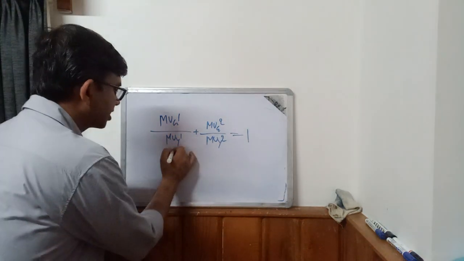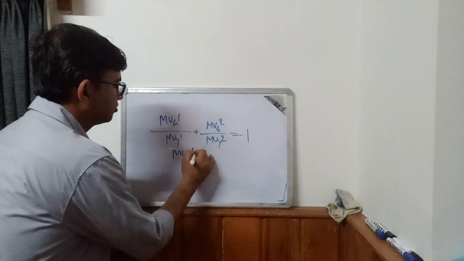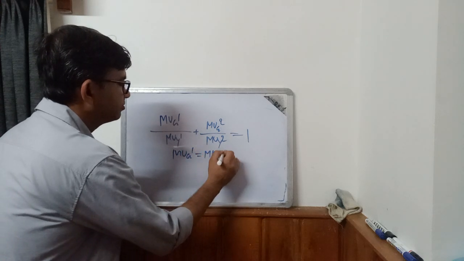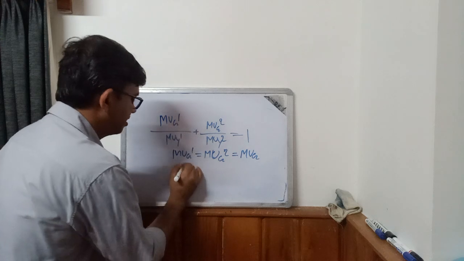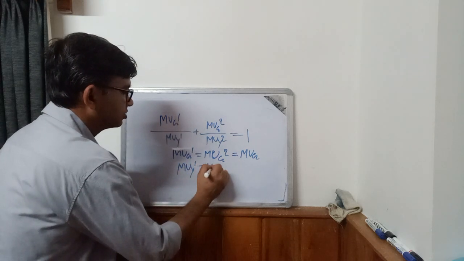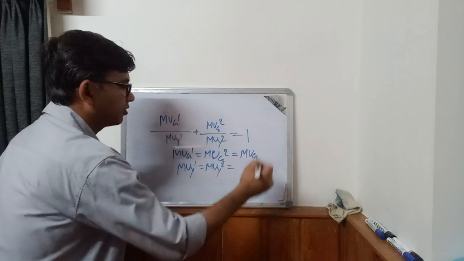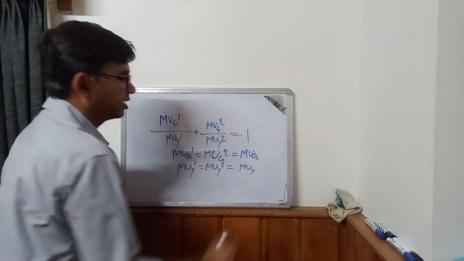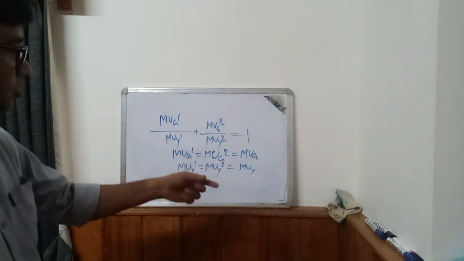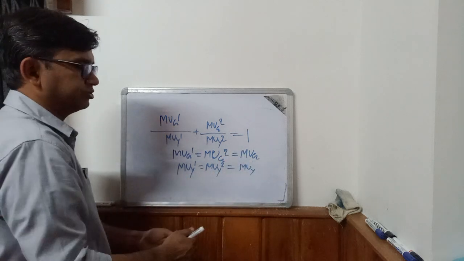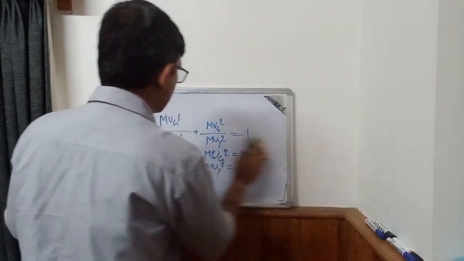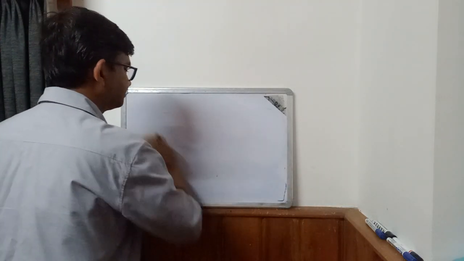So from here we can write that MUG1 equals MUG2 equals MUG, and MUY1 equals the marginal utility of Y for 2 equals MUY. So we can replace this equation by these values. So ultimately what we find,